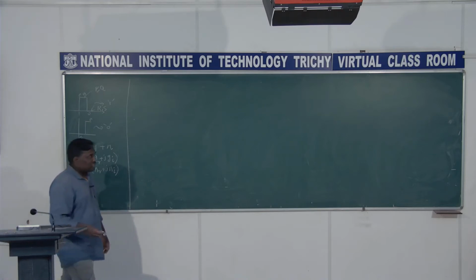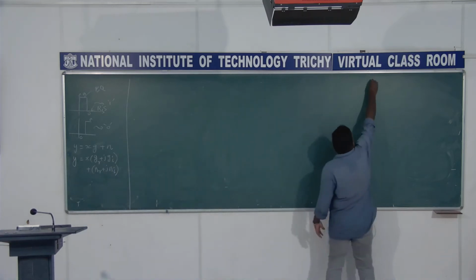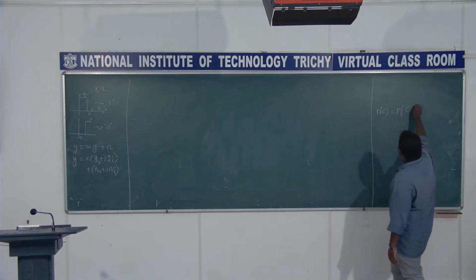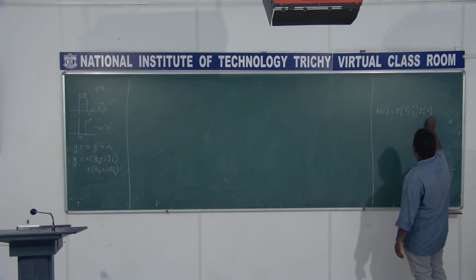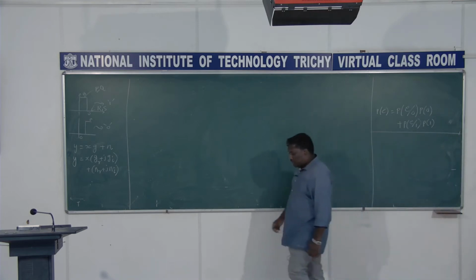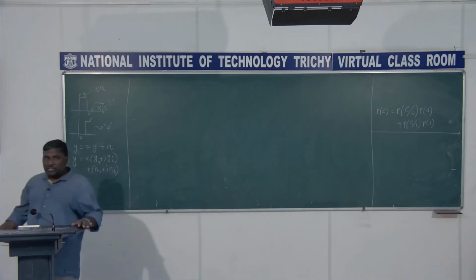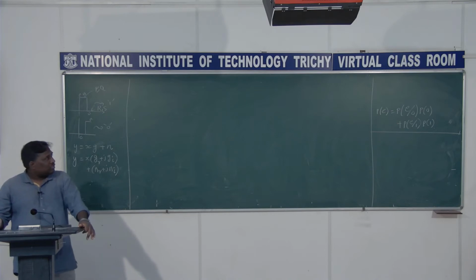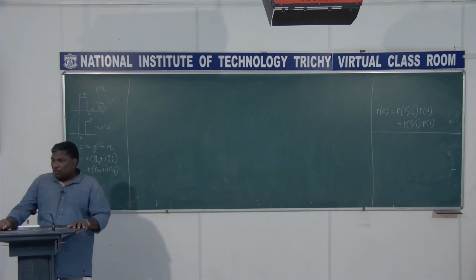The combined error is very simple. So the probability of error is given as probability of error when 0 is transmitted times probability of 0, plus probability of error when 1 is transmitted times probability of 1. That is the total probability of error in that model. So once we know the conditional probability p of e given 0 or p of e given 1, then we can find out the total probability provided the prior probabilities p of 0 and p of 1 are known. Then we can straight away write this expression for the probability of error.